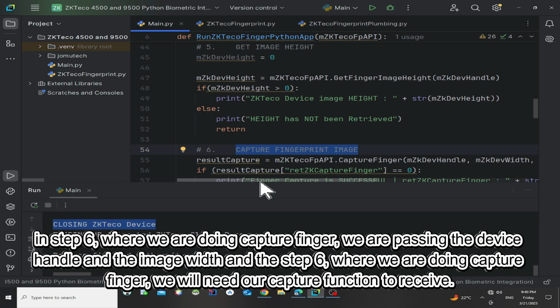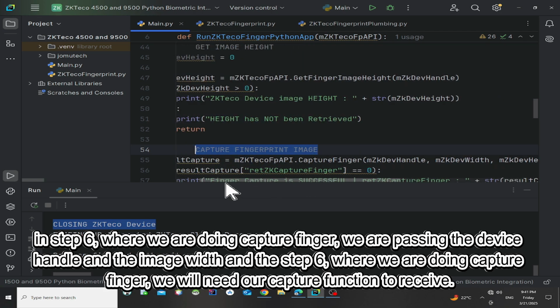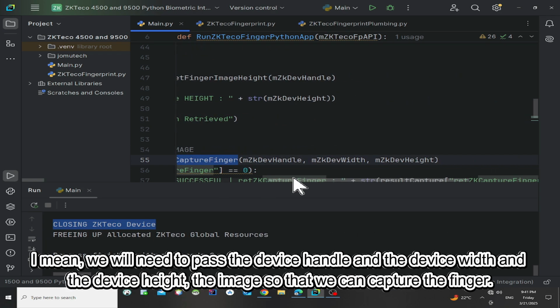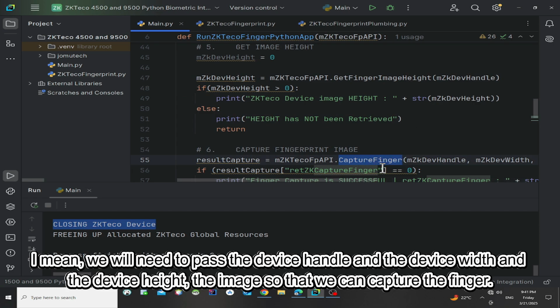So in step 6 where we are doing capture finger, we will need to pass the device handle and the image width and height dimensions so that the function can capture the finger.